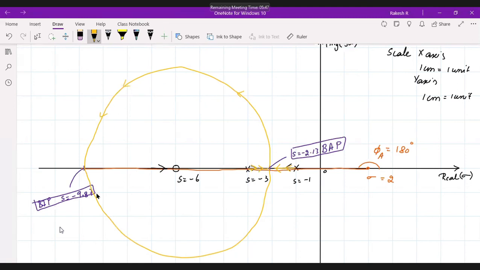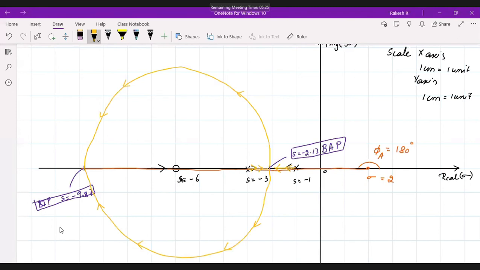Okay, sir. So if we do this much, is it sufficient? Yeah, this is sufficient. We don't know how this one is moving. So what you do, you measure the distance from here to here, and that will be your diameter, and make a circle. And you need to measure the distance from s equals 9.87 and s equals 2.13. You measure this distance and take a circle there.